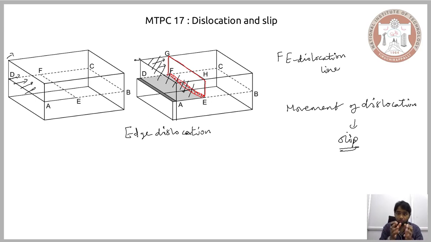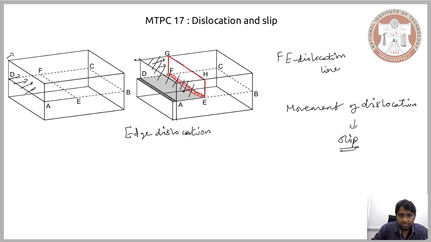We will be specific about what sort of movements we are talking about in a few moments or in the next lecture, but if you consider this particular system here, what you have done is you have caused a shift in the corners by imposing a particular amount of shear stress, and this shift in the corners is caused by introducing the extra layer of atoms. This extra layer of atoms is not static, it keeps on moving, and this movement of the atoms has caused a slip in this region. So the movement of the atoms is experienced by a particular section of the material, and this is what we refer to as the slip.